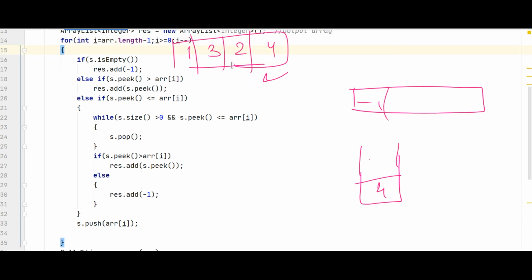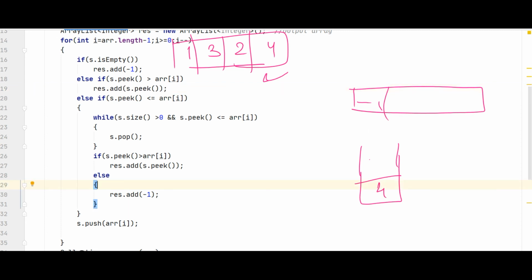Now see, if s dot is empty, no, it is not empty. Now we will check else if s dot peek is greater than arr of I. Yes, it is greater than that value. So what we will do, we will add res dot add s dot peek. So we will add this greater value to this particular array.